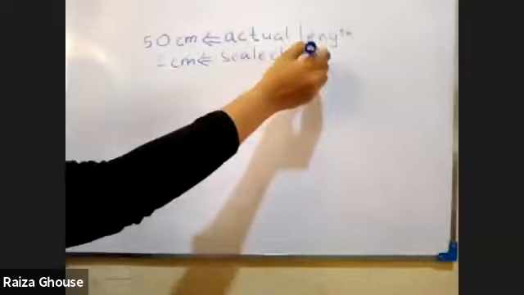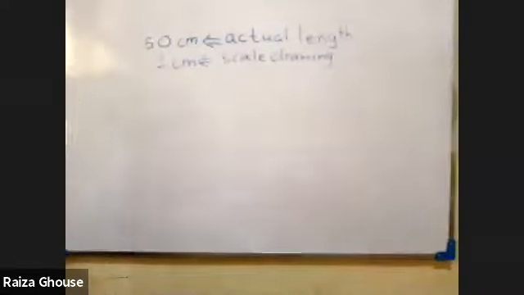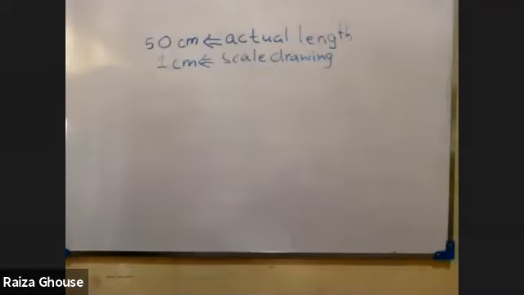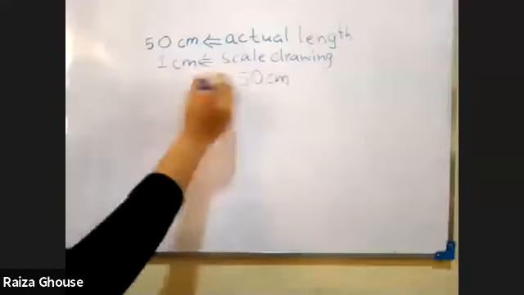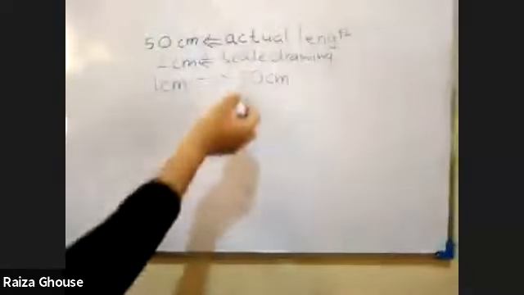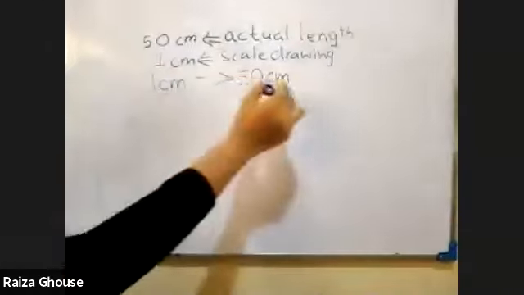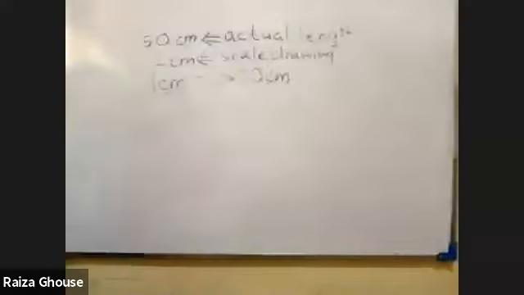Now, how do we represent this in a scale, as a ratio? Listen carefully, I'm going to tell you now. We are going to represent 50 centimeter of real length by 1 centimeter. It's very simple. Representing the real length 50 centimeter by a scale length 1 centimeter means the units are same. Who can send me the answer? What is the scale as a ratio? Let's see who will be the first.